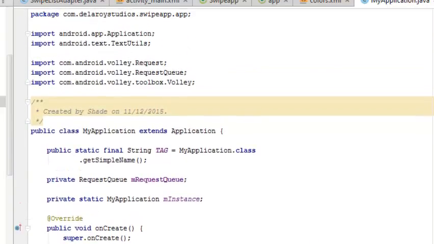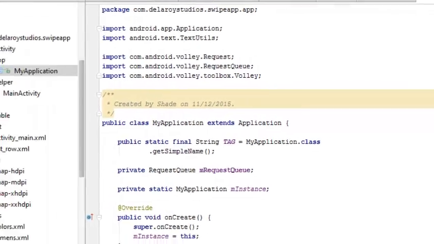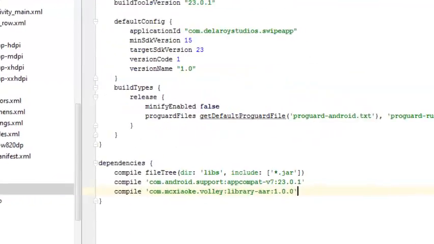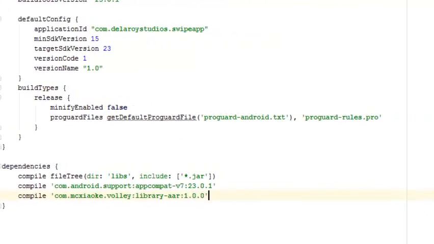That's just a run of view on what My Application comprises, which is definitely going to import some necessary libraries, which is the volley. Once you've been able to add the volley dependency in your build.gradle, I think I should have it open somewhere here. Once you've been able to add this dependency,